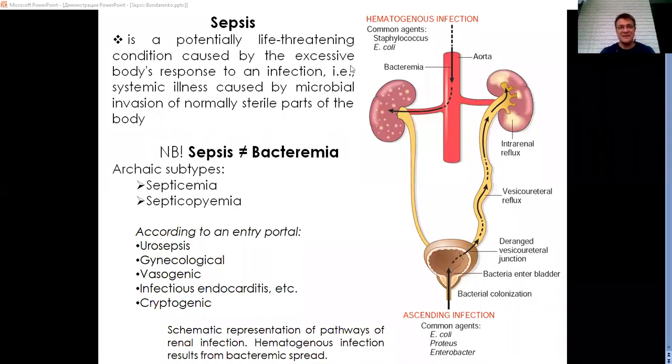So septicemia is basically associated with an excessive immune response and excessive systemic inflammatory response. In contrast to septicemia, septicopyemia is associated with a quite moderate or mild systemic inflammatory response, but